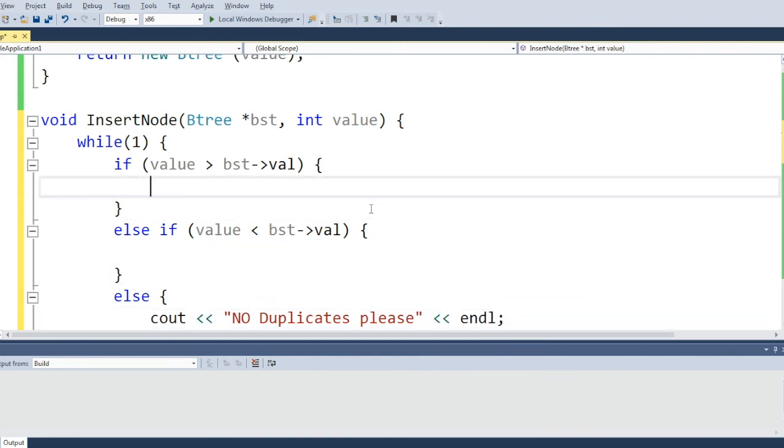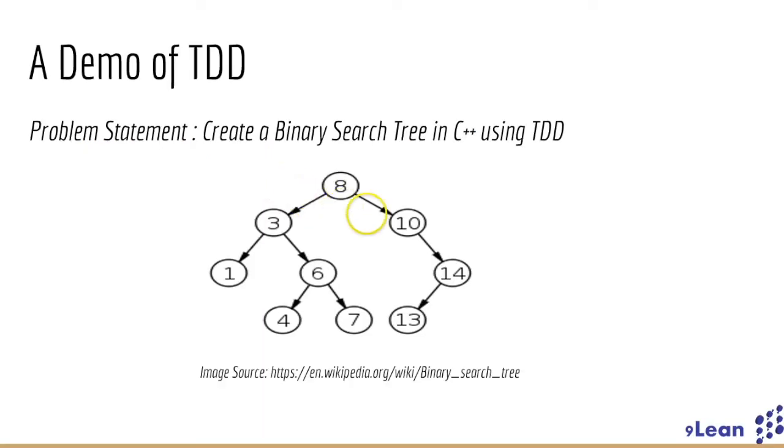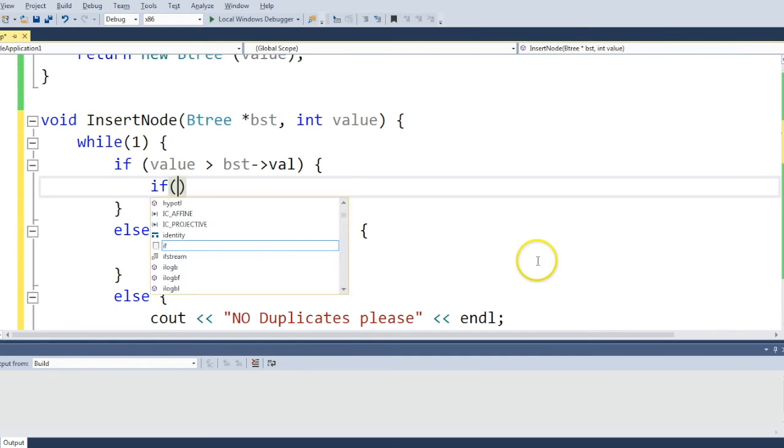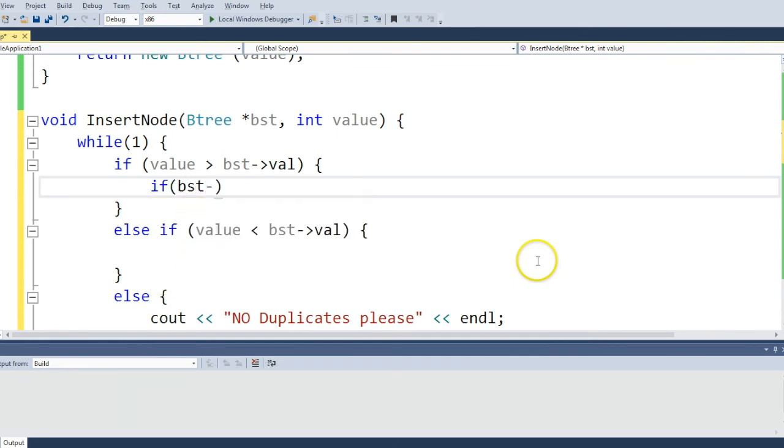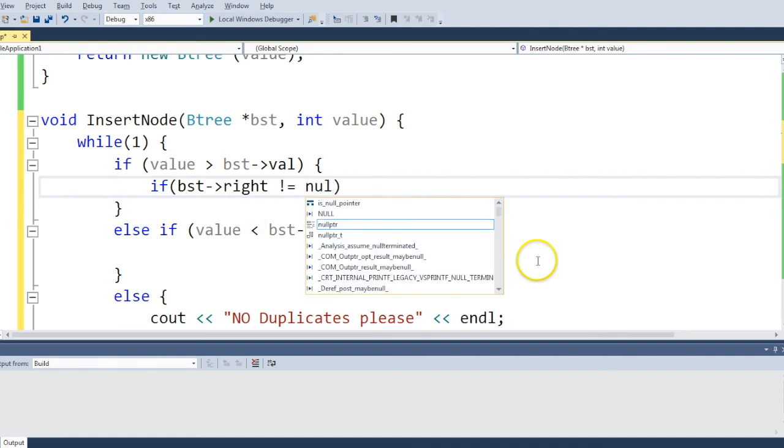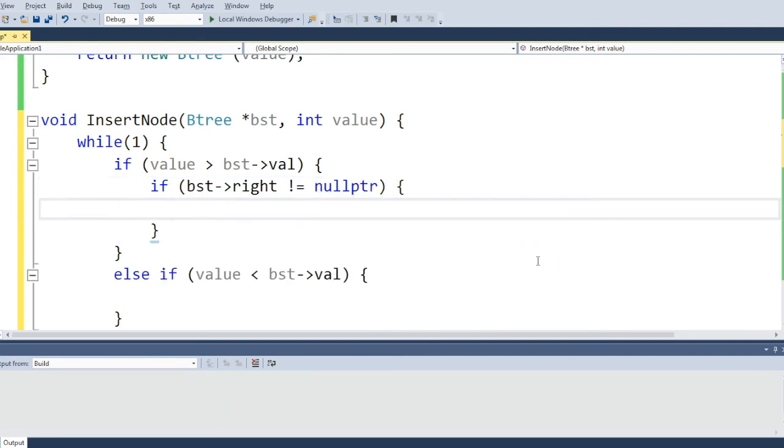So here, if value is greater, it will go to the right. We'll have to check if the node is there. If not, we'll create it. If it is there, we'll go to this node and check if its right is less than or more than this. So if bst right is not equal to nullptr, what we will do